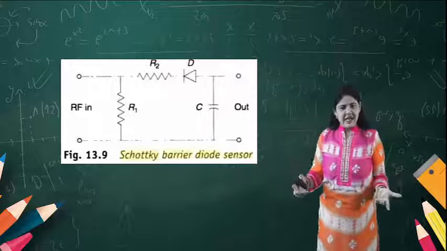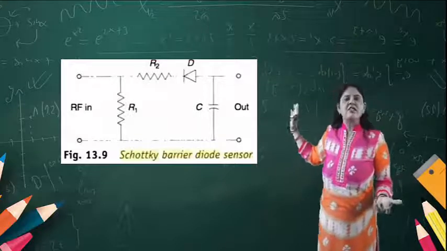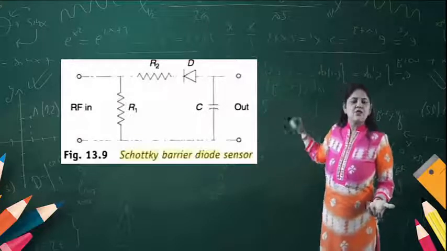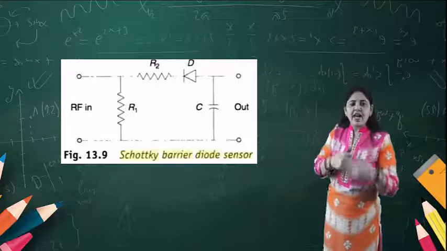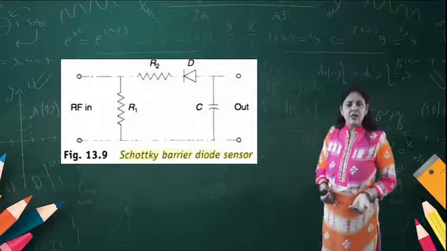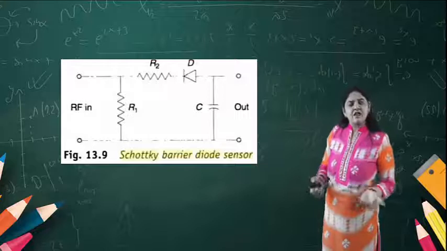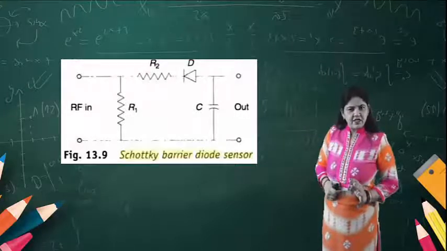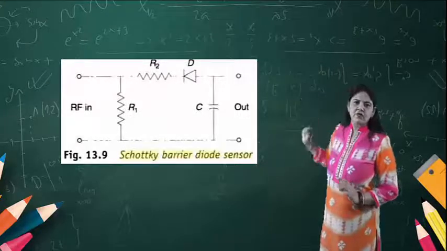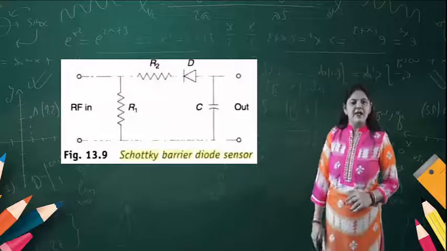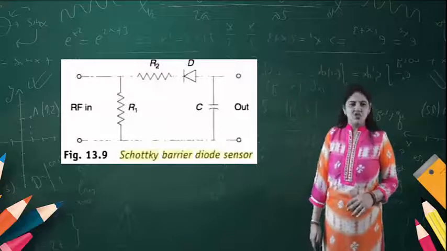So we can say that these are all power sensor diodes. What will it do? By varying the resistance value, which also depends on the temperature, the heat produced by it can also change.